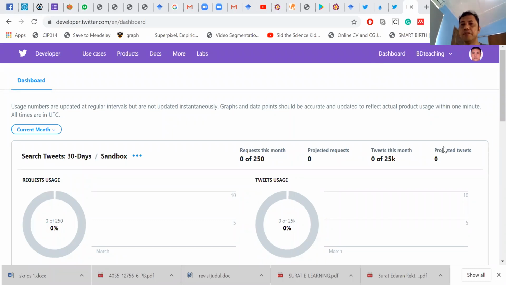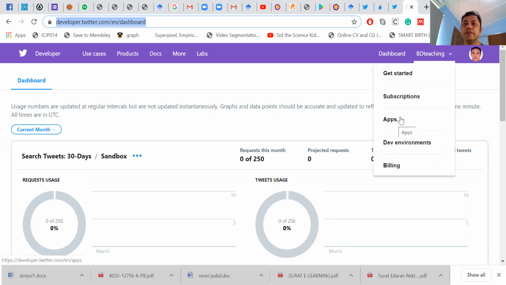I would like to create an app in Twitter. First of all, you have to go to developer.twitter.com and then log in. Now I have already logged in before. And then you can go here and then click